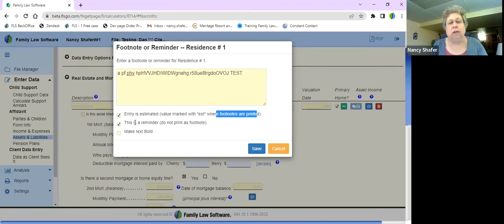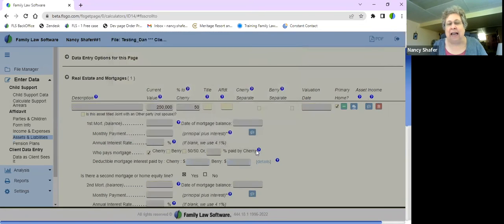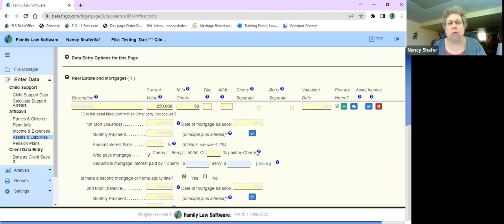You can also make the footnote a reminder, which will not print as a footnote. So you can put in private text here. You can say, double check this number, or boy, I think this is a bullshit, or whatever you want to say. We can all say that word now. It's been on TV. And when I save this, that footnote will never print with the other footnotes on a